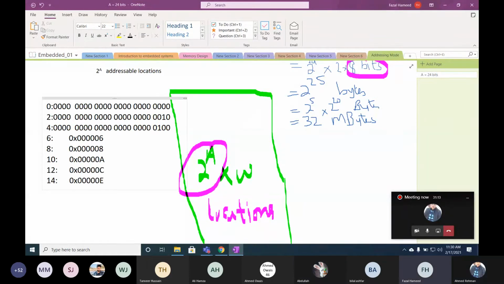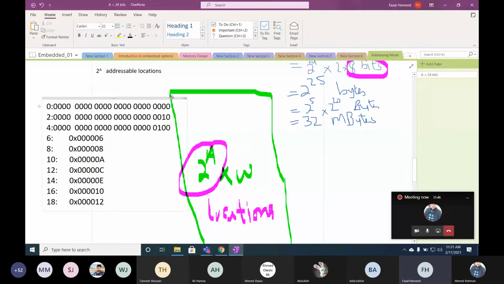And 16? Sir, 16 के लिए 00010. Then 18? 00001100. 12, because you are adding a 2. 6 plus 2 is 8, 8 plus 2 is A, plus 2 is C, plus 2 is E, plus 2 is equal to 10. Then when we add 2, so it is actually okay.